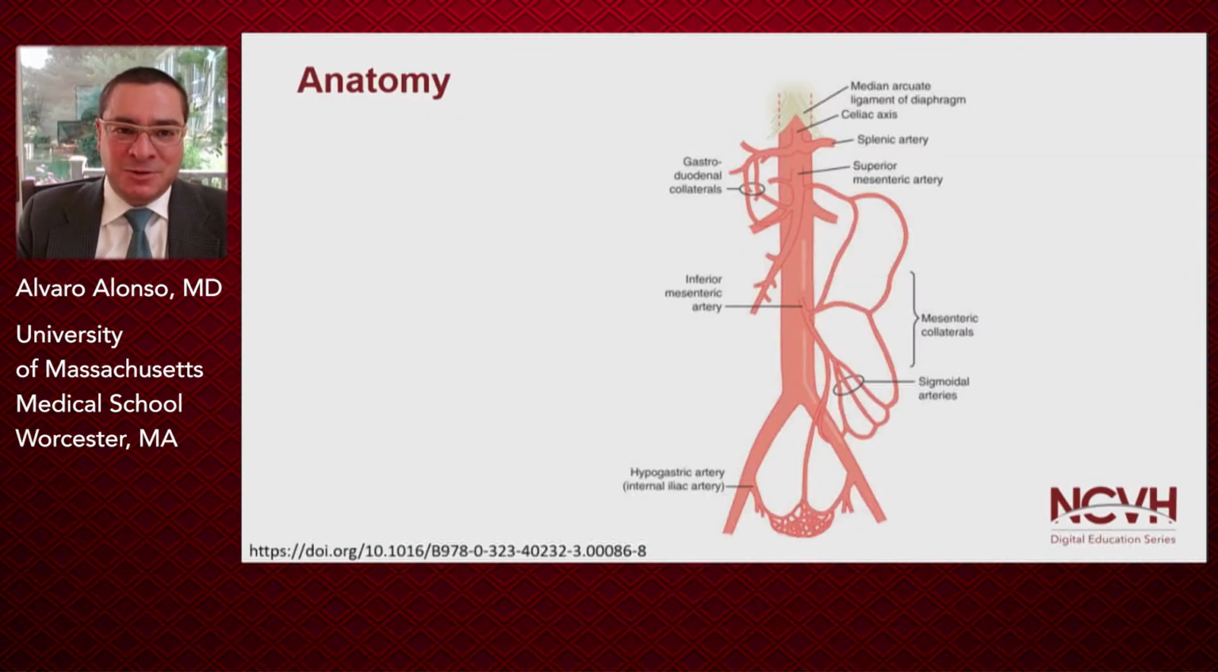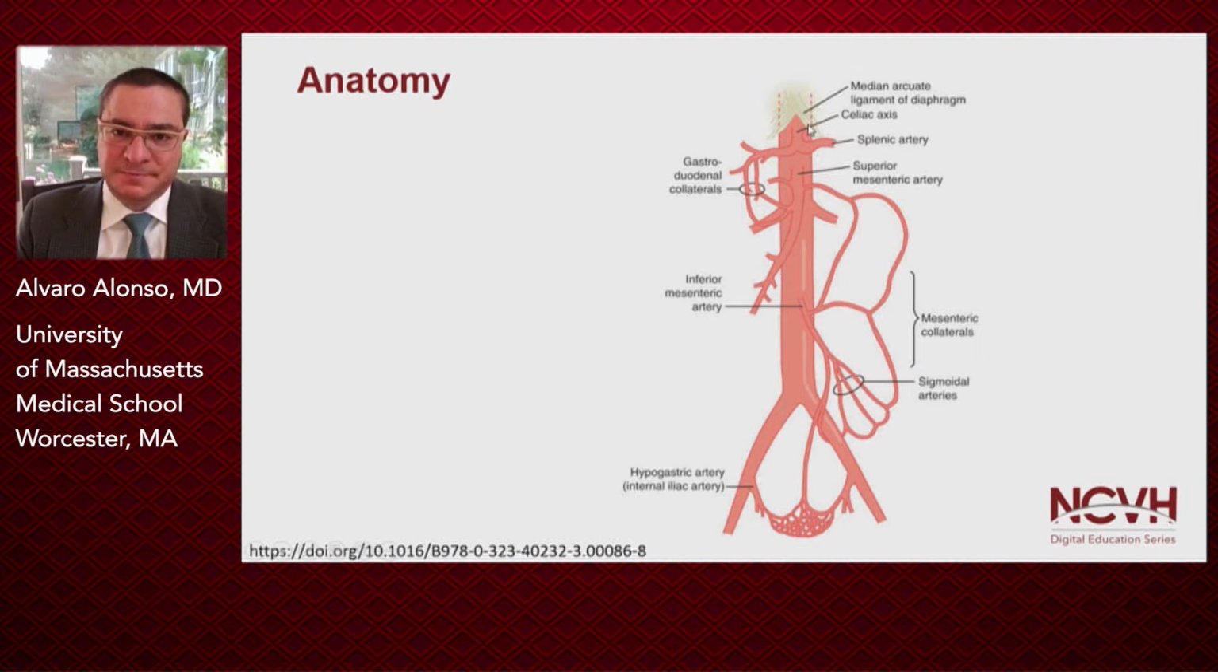I will talk about mesenteric artery stenting, when and how. So first of all, let's review a little bit of the mesenteric anatomy. The mesenteric or splanchnic vessels include the celiac artery, the superior mesenteric artery, and the inferior mesenteric artery and